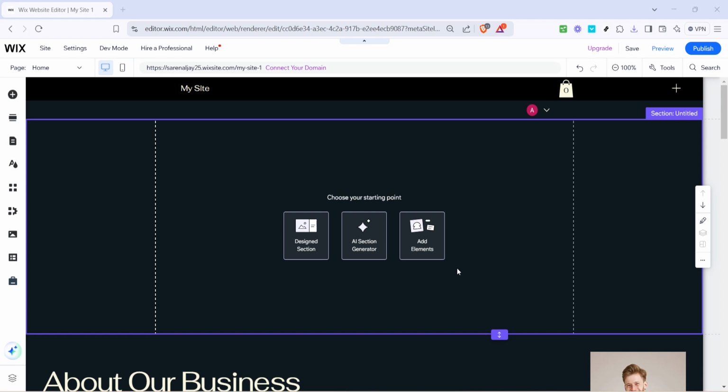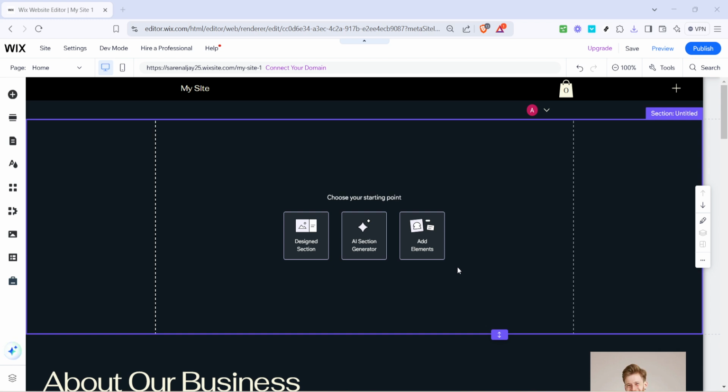Let's start by navigating to the Wix website editor. If this is your first time doing so, don't worry, simply log into your Wix account and head over to the dashboard. From the dashboard, locate the website you want to edit and click on it. This will open up the Wix editor where the magic happens. It's a powerful tool that allows you to implement various creative ideas, and today we're going to focus on modifying